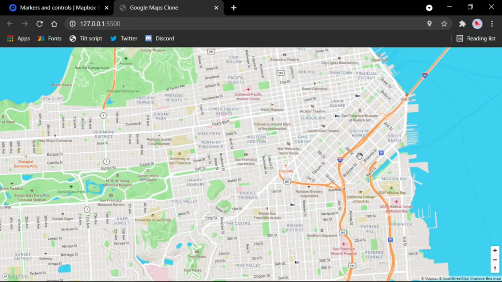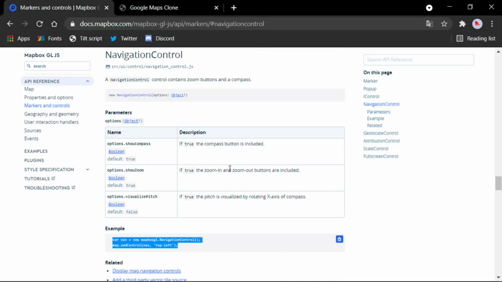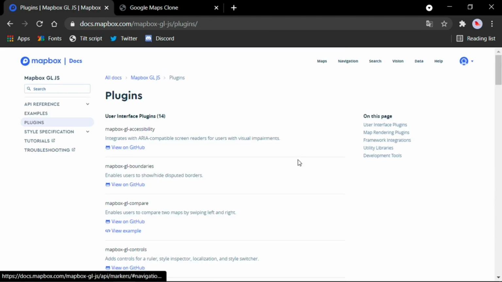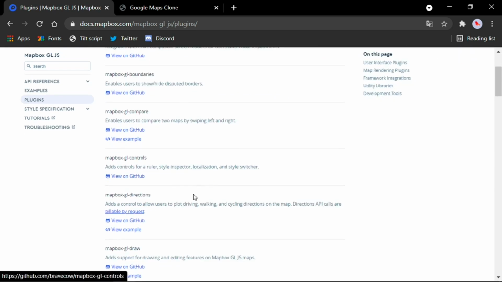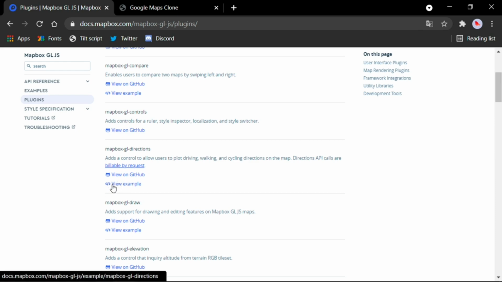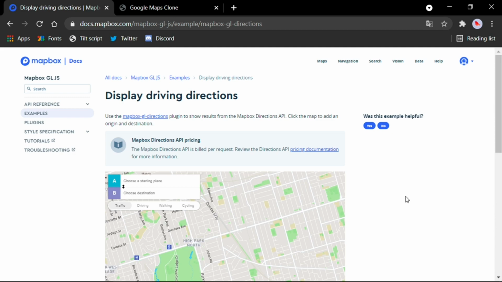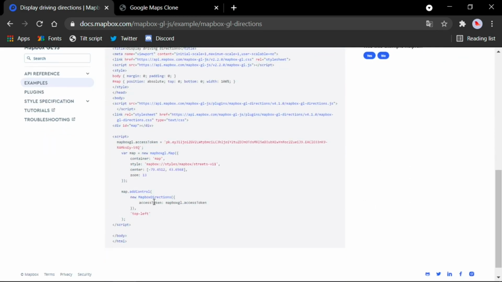So we are also going to add a plugin called directions. So let's go to our Mapbox GL JS, and under these examples click plugins, and here let's search for directions. Let's see whether we are getting it or not. So here this is Mapbox GL Directions. Click this view example code here and just scroll down a little bit, and you can see this MapboxDirections class.